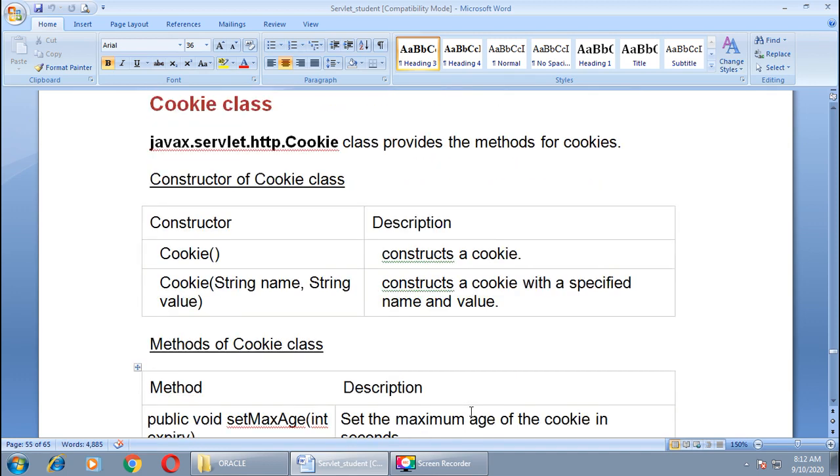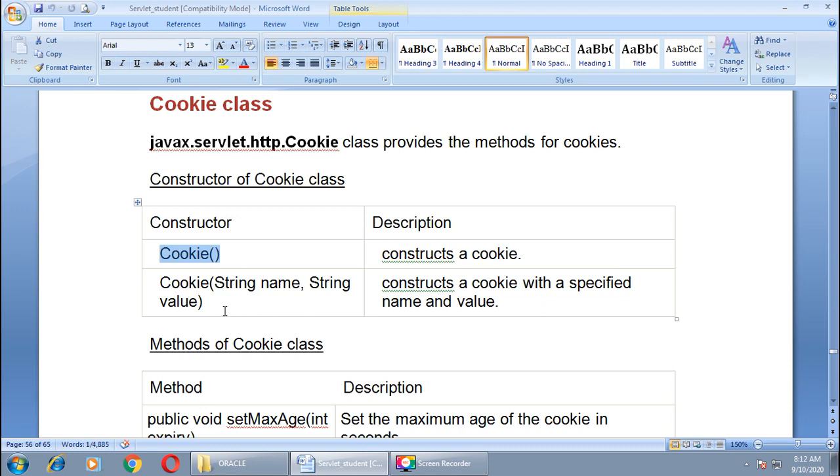In Java, to maintain the cookie, there is a class with the name javax.servlet.http.Cookie. This class provides some methods to maintain the cookie. Here you can see the list of constructors of the Cookie class. This is our first constructor of this class, which constructs a cookie.